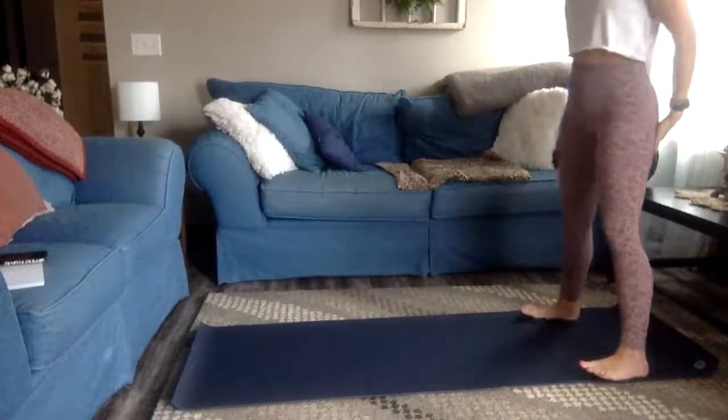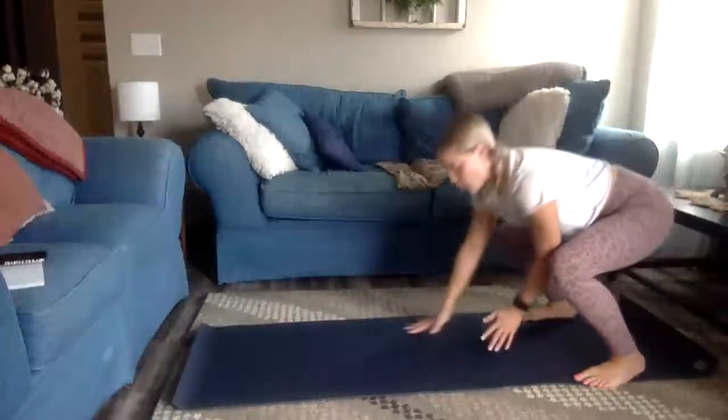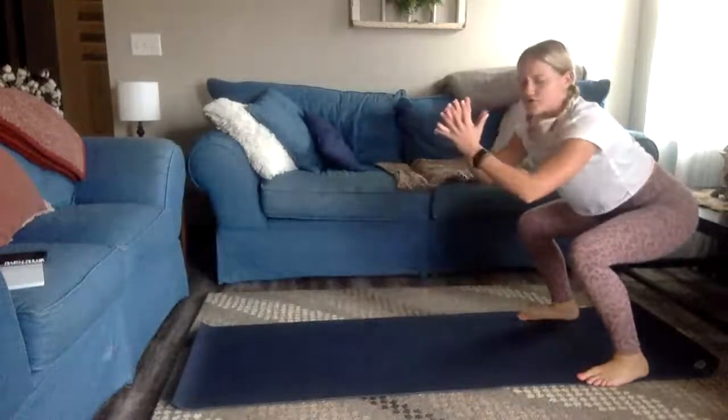I want you to come down to a squat. Hold it here nice and low. Hold it for 5, 3, 2. From here, walk it out. Walk it back. Hold your high plank. Hold your squat for 5,